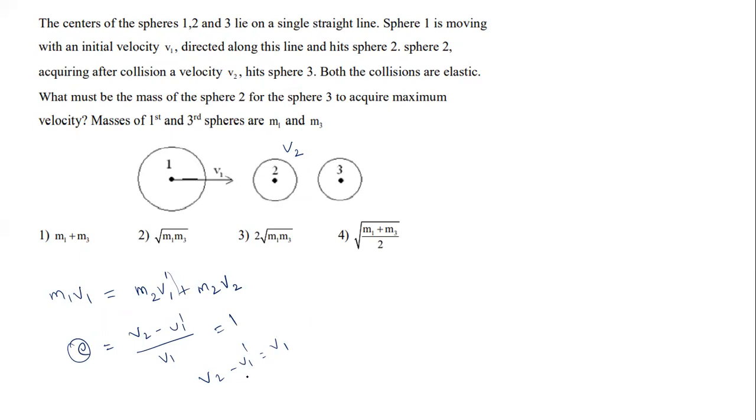What we need to do is make this the subject, right? So V2 minus V1 is equal to V1 dash. V1 dash you substitute here. So what do you get? M1 V1 is equal to M2